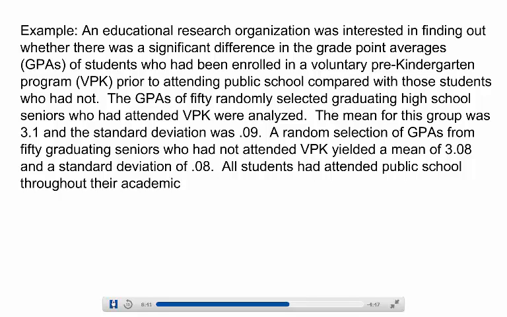Before we state our conclusion, I want to point out that at the beginning, our hypothesis test was: our null hypothesis is the mean of VPK students minus the mean of no VPK students is equal to 0, whereas the alternate hypothesis was the mean for VPK students minus the mean for students who didn't attend VPK being different or other than 0. So when we get our p-value of 0.1198,